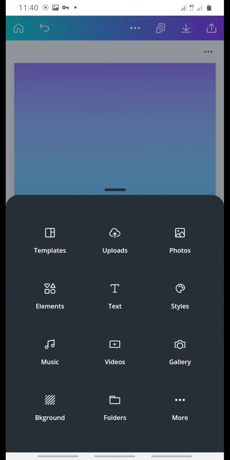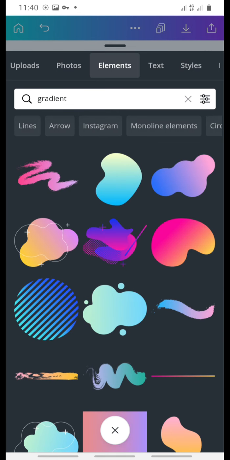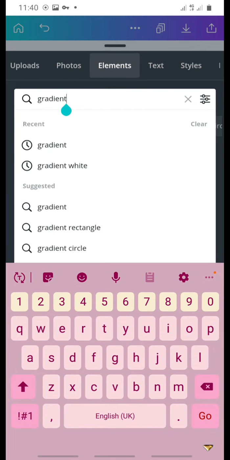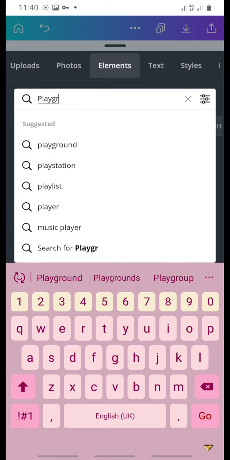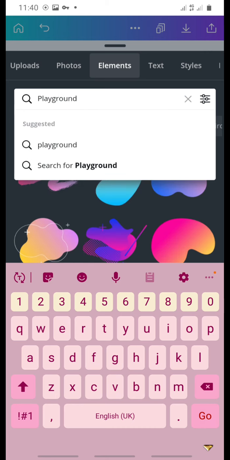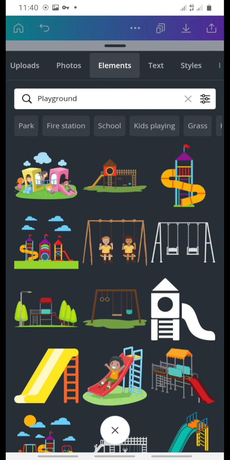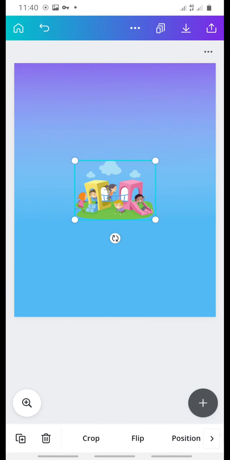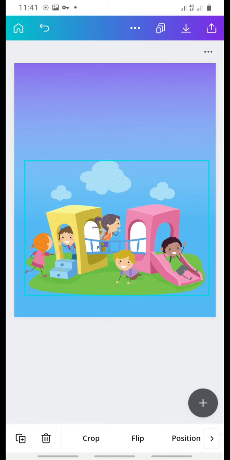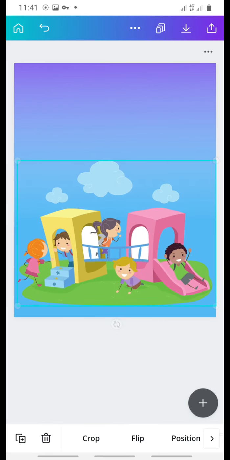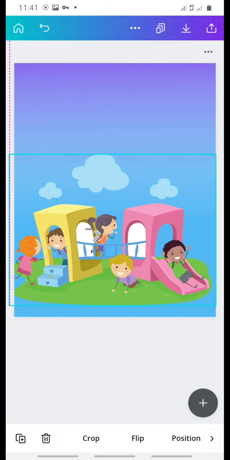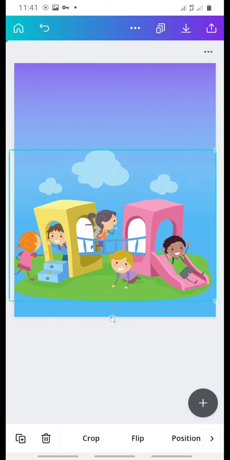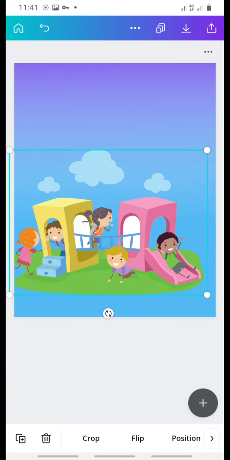I'm now going to click on the plus button again and click on elements. This time around, I'm going for playground. Here I have a sample of a playground that I would want to work with. I'm going to shift that a little bit upward because I would want to write my name or the name of the author